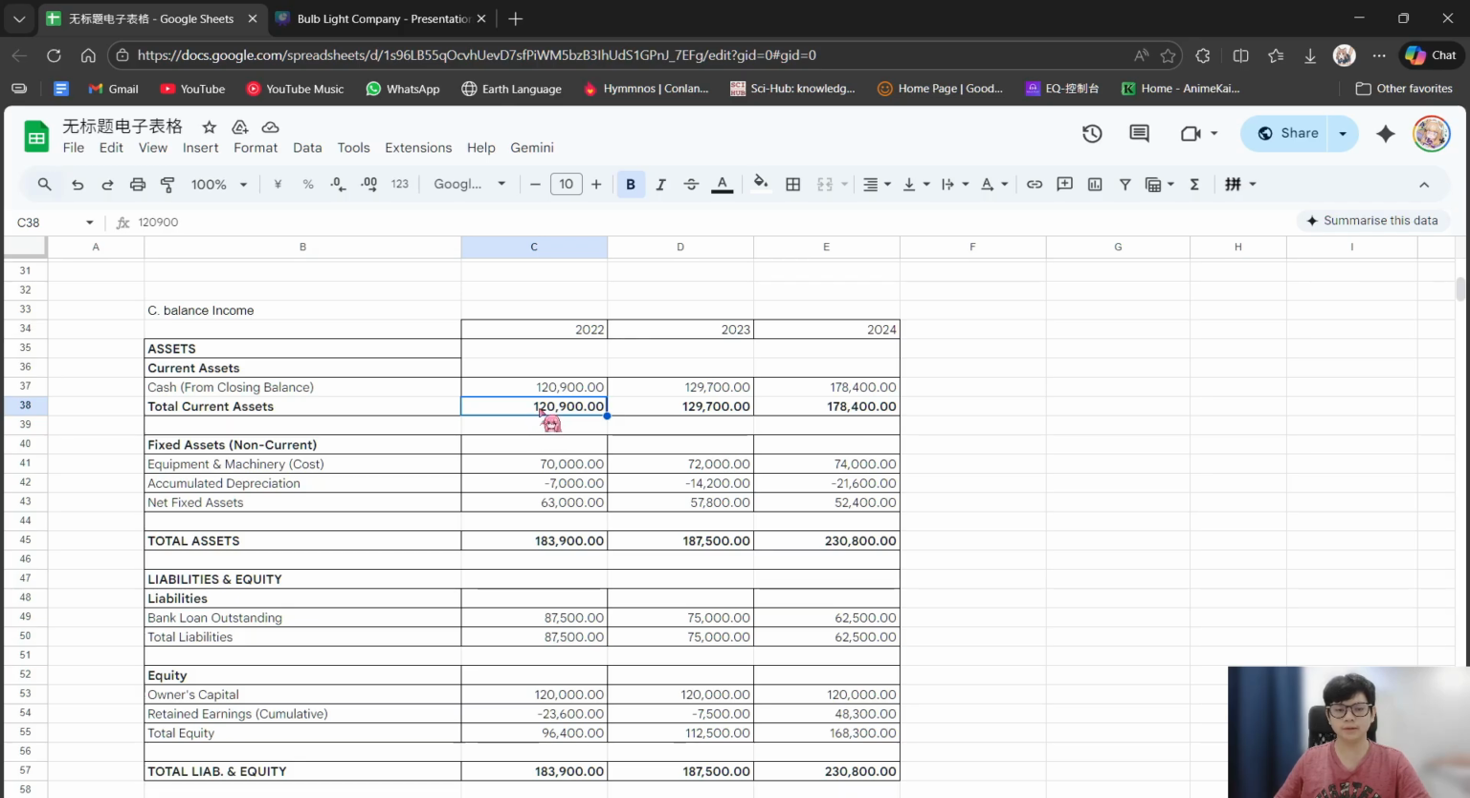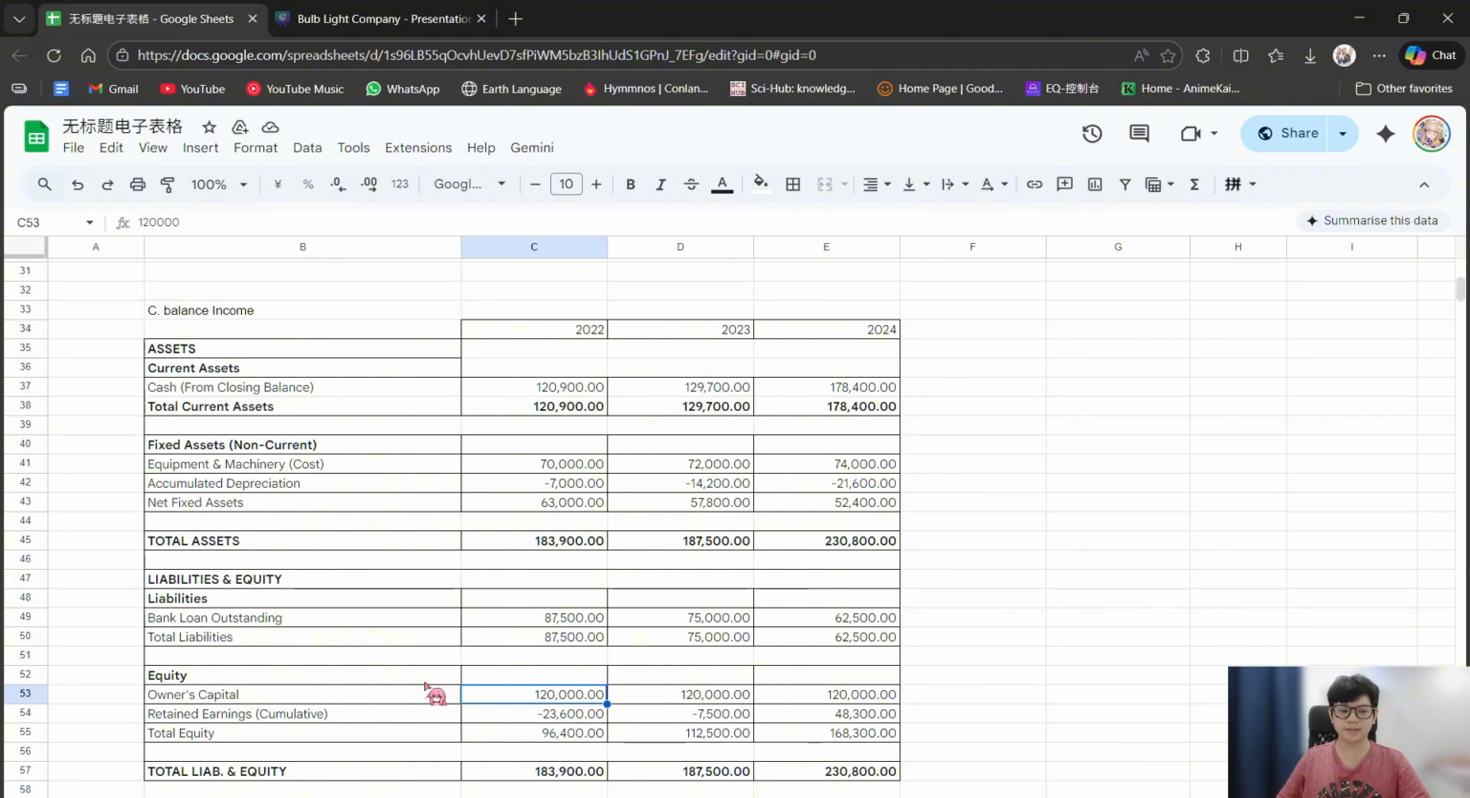We get 120,900 of cash, and we have a fixed asset of 63,000. So our total asset is 183,900. In our liabilities, which are mostly bank loans, our first year liabilities is 87,500, and our equity is